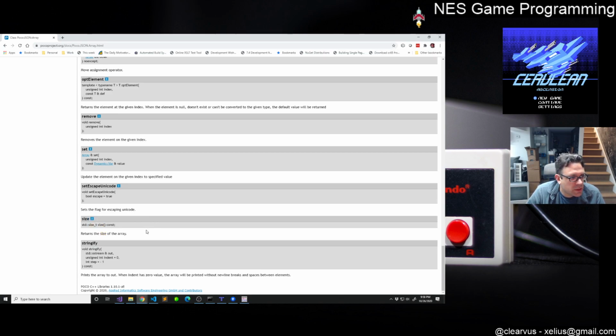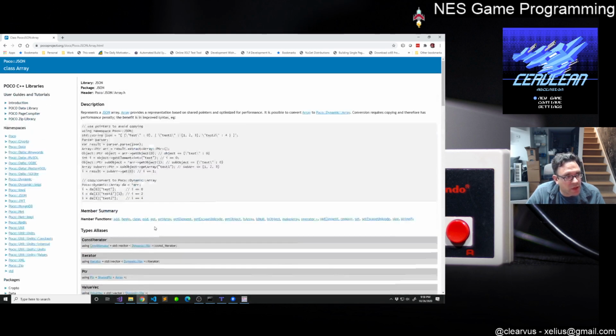It should be the number of elements, but it doesn't say number of elements. It says the size of the array. So what could happen is it could pre-allocate more elements than you actually need for the array. It doesn't actually say that it does that. And it doesn't have two different operators, so I'm going to assume that size is what we're looking for,